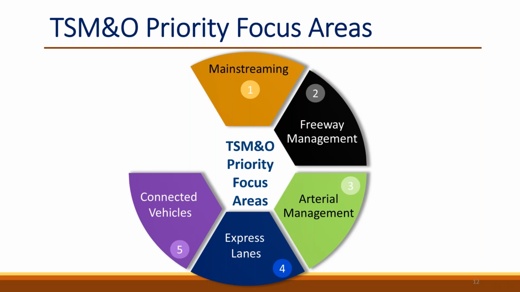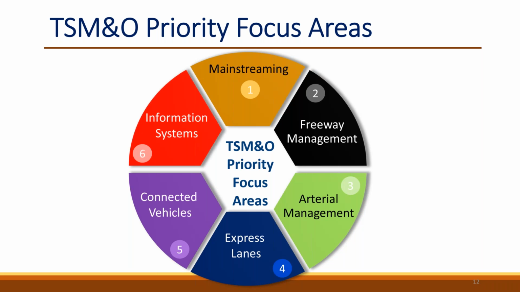The fifth one is the connected vehicles, which is at the statewide and the regional effort, which focuses on the SPAT, signal phasing and timing projects. We have the dissemination of basic safety messages information, the priorities for transit, certain vehicles, freight, emergency vehicles. All of that comes within the umbrella of connected vehicles focus area.